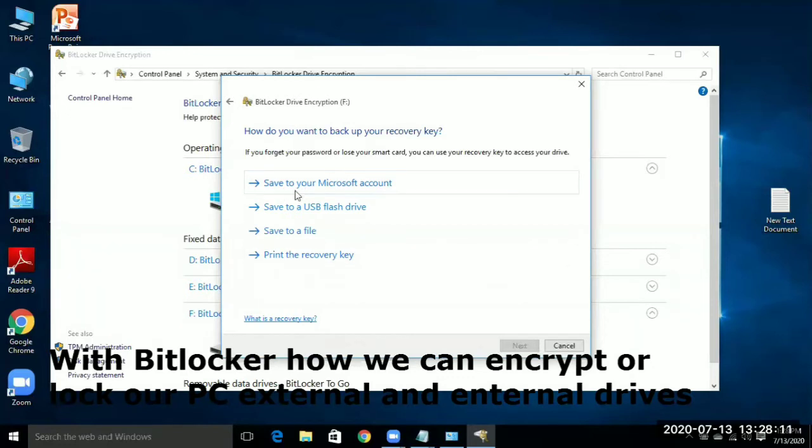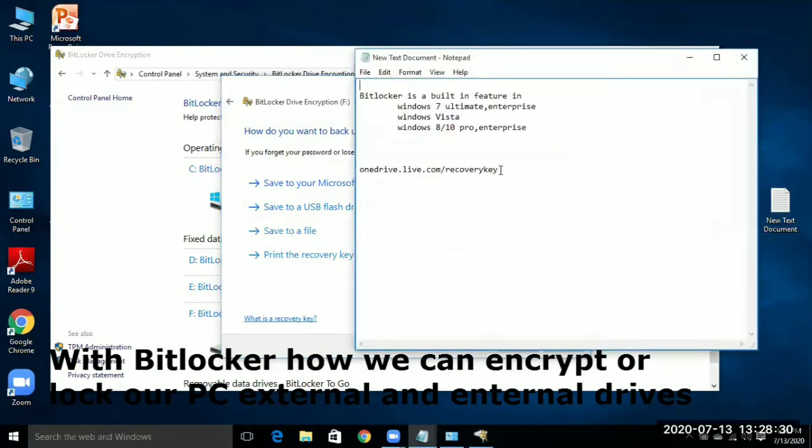In case we are saving that recovery key with a Microsoft account, how can that be traced when we are in need of it? In that case, we can access that recovery key at onedrive.live.com/recovery.